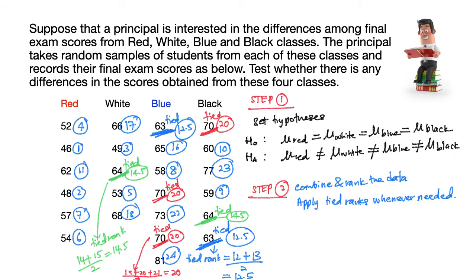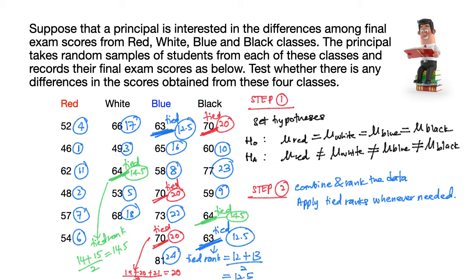Now let's solve this problem using Kruskal Wallis test. The first step is to set the hypothesis. Since there are 4 samples, so we have to include all of the 4 samples in both the null and alternative hypothesis. The null hypothesis can be written as mu red is equal to mu white equal to mu blue